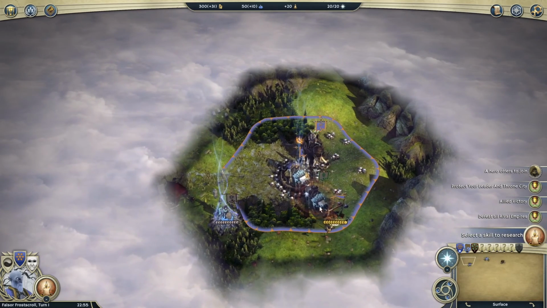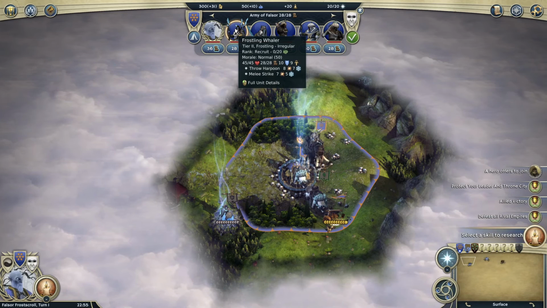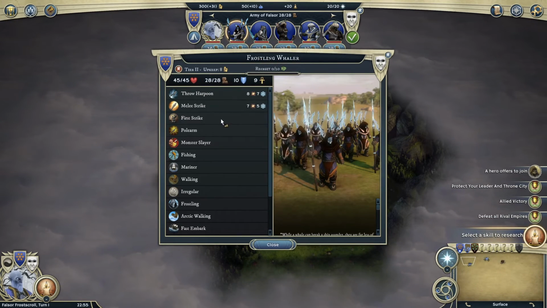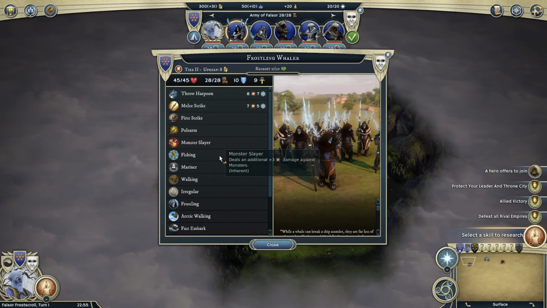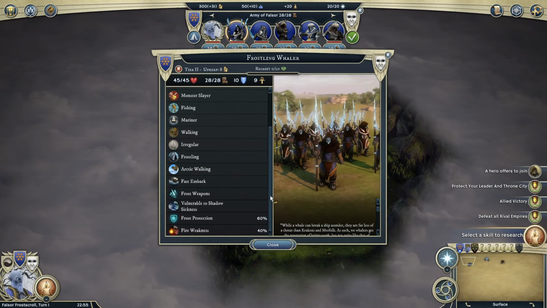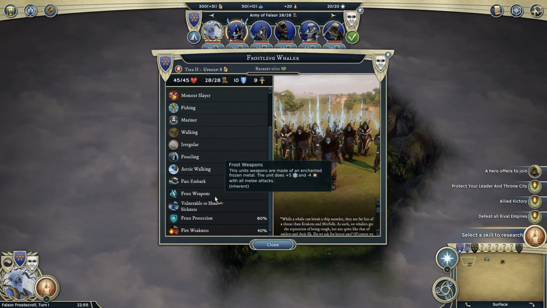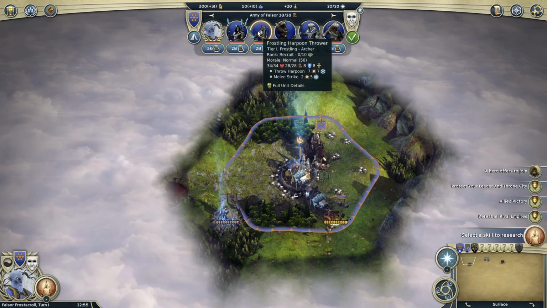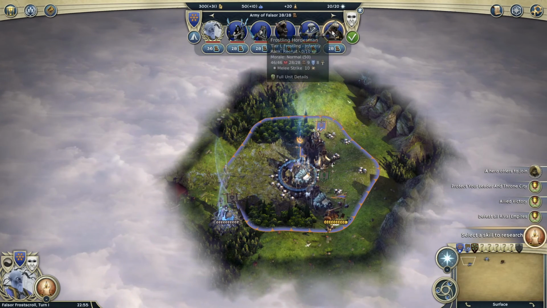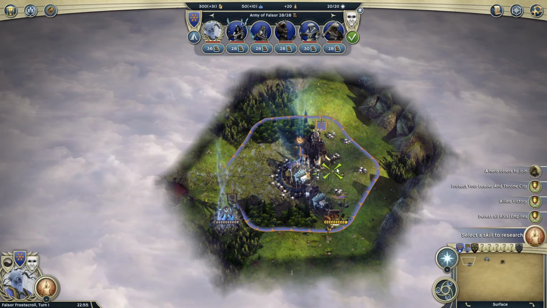So let's take a look at what units we started with here. Okay, we've got a Frostling Whaler, who's an irregular unit. Looks like he's got Throw Harpoon, First Strike, Polearm, Monster Slayer, and Fishing. I believe this is a unit added by Chivalrous Intentions, but I'm not 100% sure of that. I think that's the case. Does have frost weapons. And then we've got a Harpoon Thrower, a Bowyer, a Glavesman, and a Hordsman. Unfortunately, we really didn't start with very many units that are...